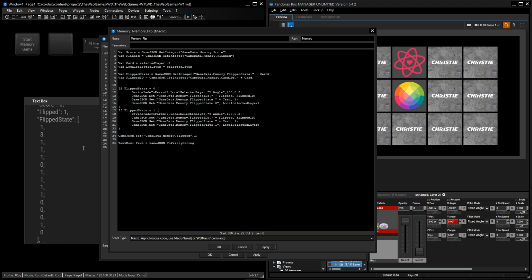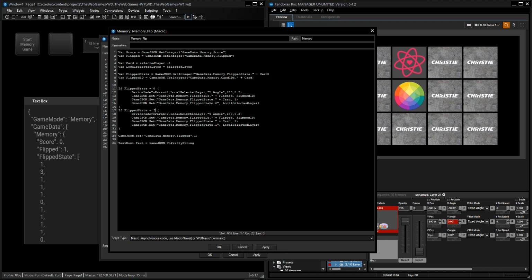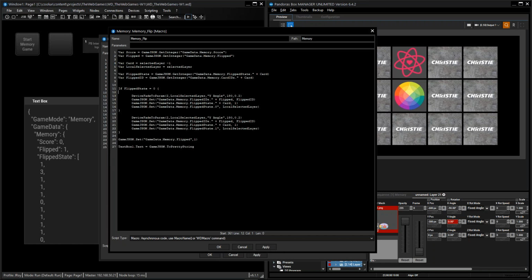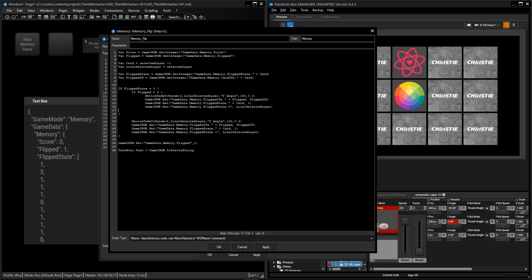Where are we here? We don't want this one. Sorry, we need to nest an if statement here. If flipped, so this is the number of cards that are flipped, equals 0, then do this. And if we highlight all of these and hit tab, it tabs them all. If we hit shift tab, it untabs them. I'll come to the end,